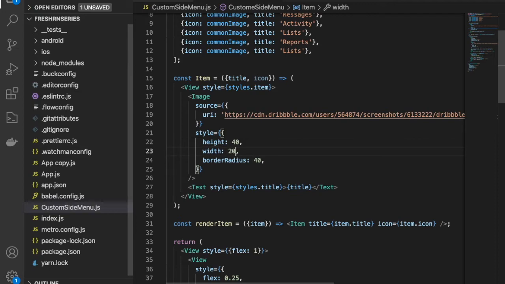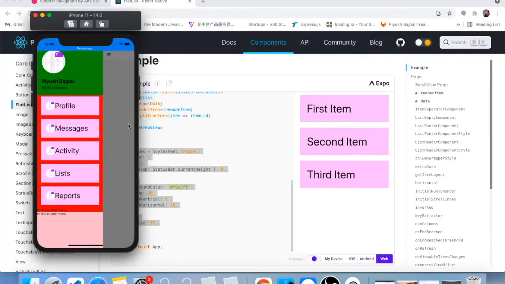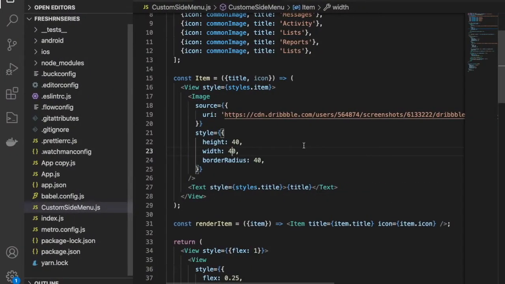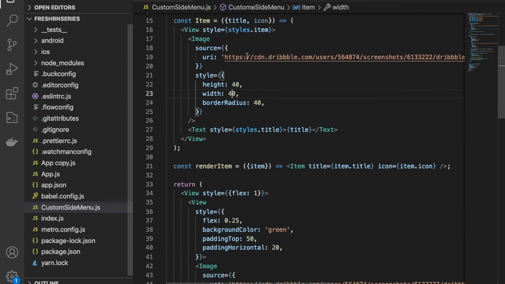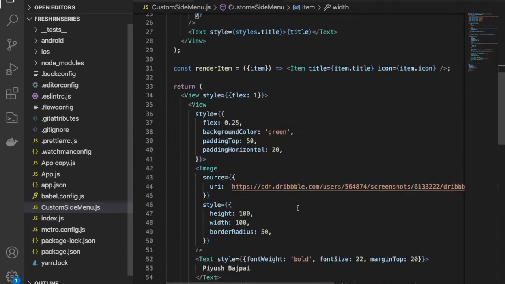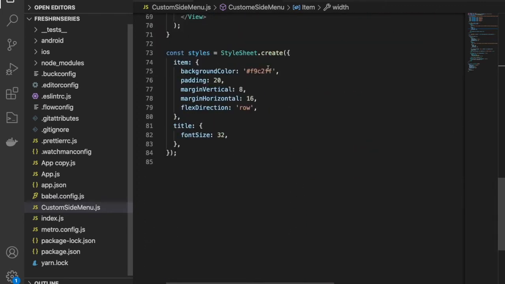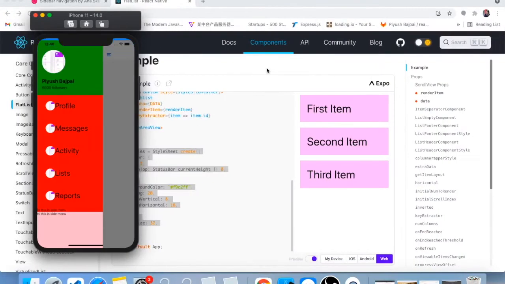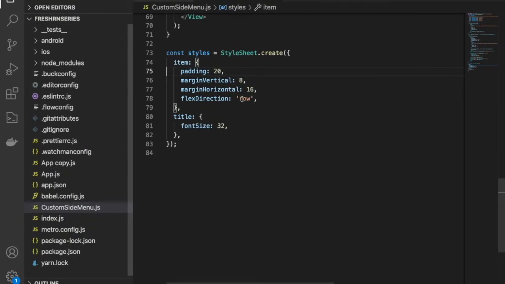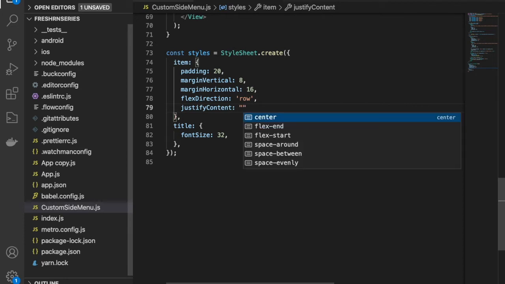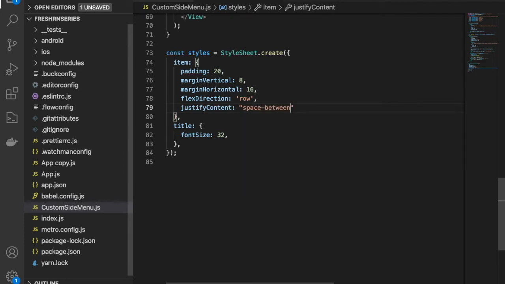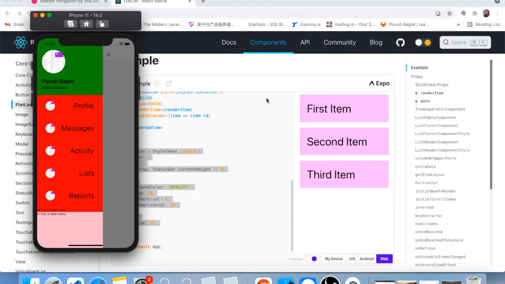Let's say we make it 40 by 40. Cool. And also we will remove this background color. Fantastic. And we have to use justifyContent space-between. Okay, fantastic.